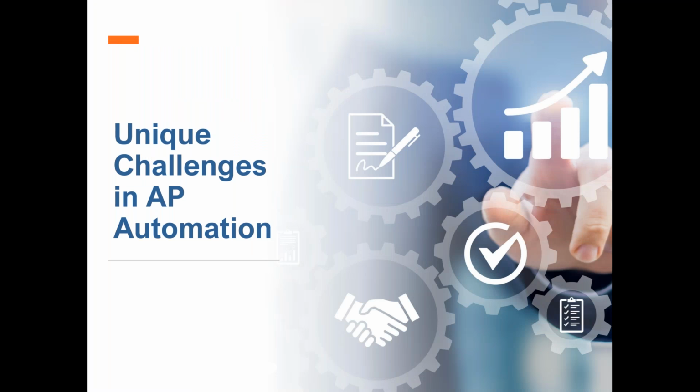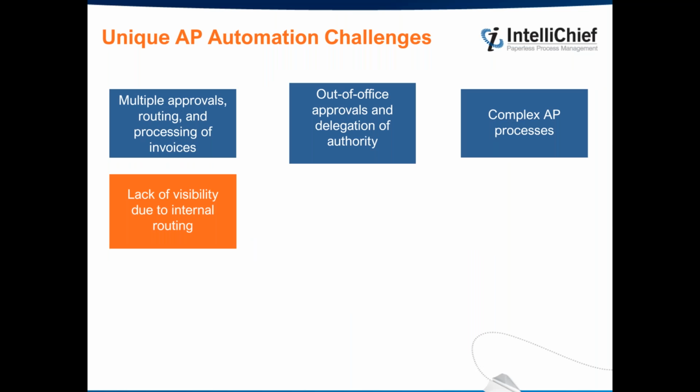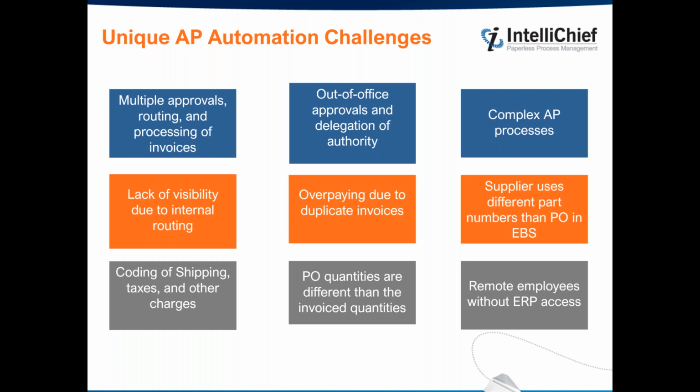So some of the unique challenges with respect to an AP automation tool and things we need to think about. What does the process look like today, right? Forgetting about software and technologies, how does it work now? And when you've got multiple approvals, routing, processing, et cetera, multiple locations, that becomes a challenge to really look at from an AP automation perspective. Then once I have a tool in place, right, and if I've got an approval matrix in the tool to help in processing non-PO,